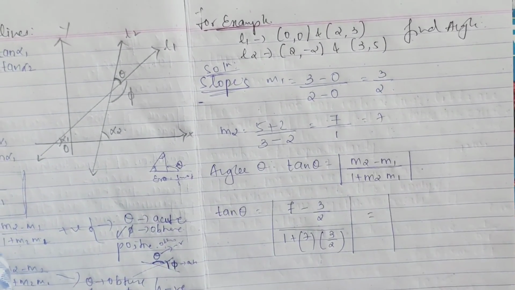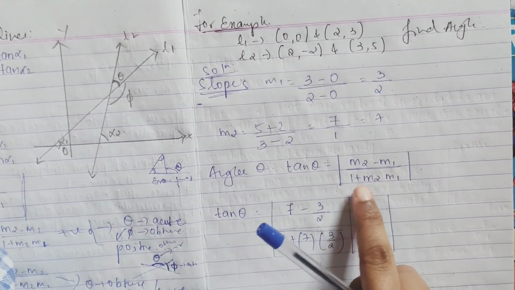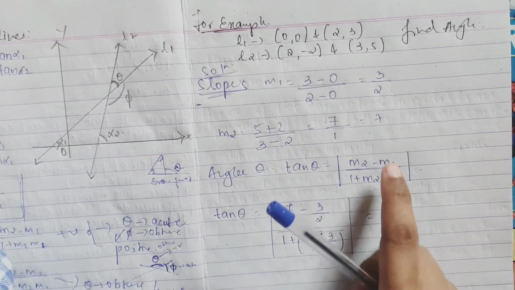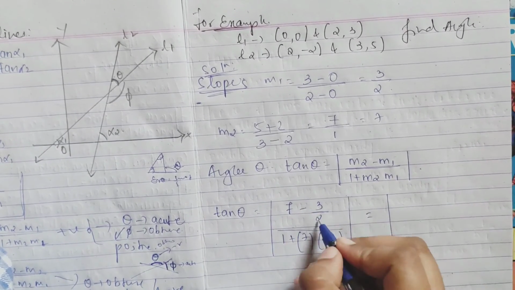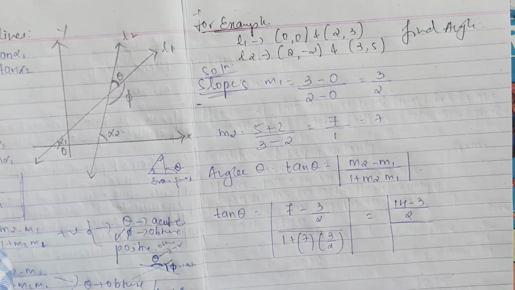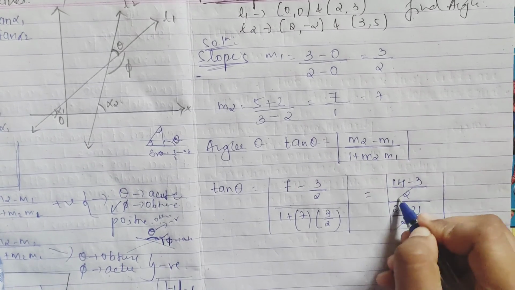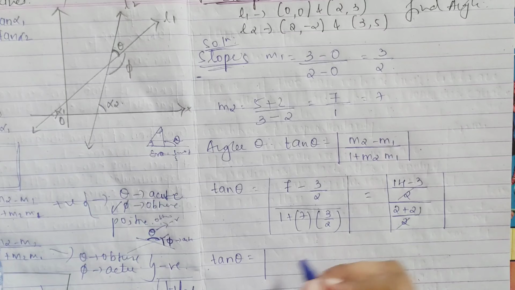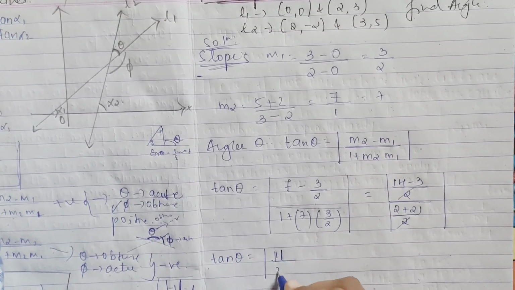Angle, how is it calculated? Tan theta is equal to modulus of m2 minus m1 divided by 1 plus m2 into m1, right? So tan theta: m2 is 7, m1 is 3 by 2, whole divided by 1 plus 7 into 3 by 2. Taking your LCM, you will get 2 7s are 14 minus 3 whole divided by 2. We are also taking LCM: 2 1s are 2 plus 7 3s are 21, by 2. So the 2 gets cancelled. So technically I have tan theta as 14 minus 3, I will get 11, divided by 2 plus 21, which is 23.